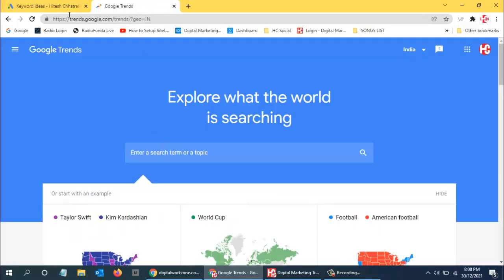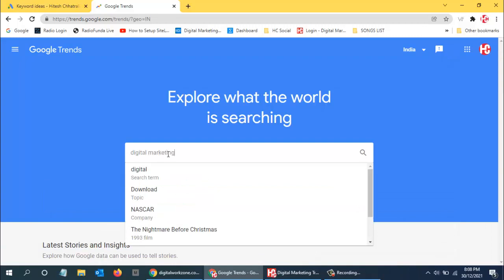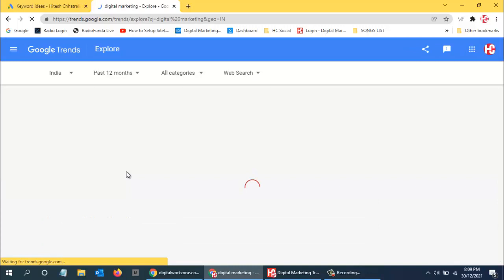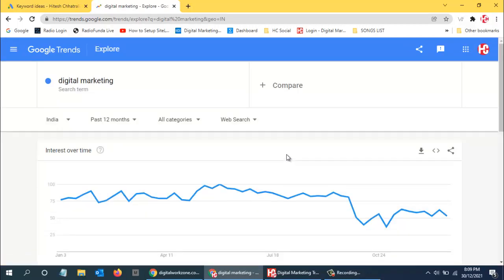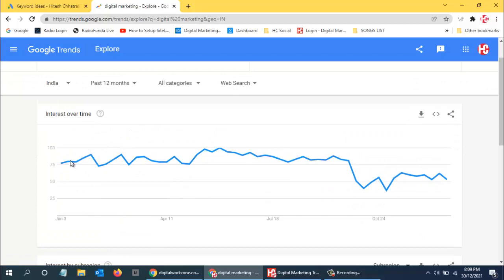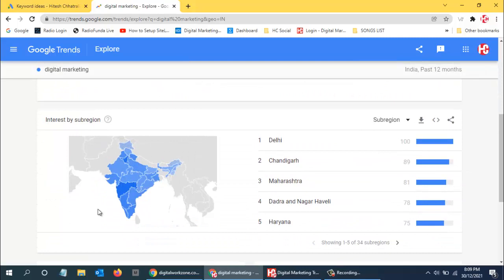So I will search for the same term over here, digital marketing search term. So now I will get the results. So this is interest over time. So this is the graph that we can see, and now we can see interest by sub-regions from all the